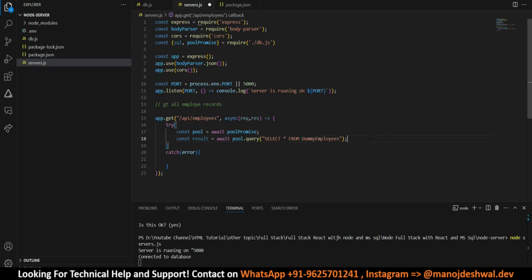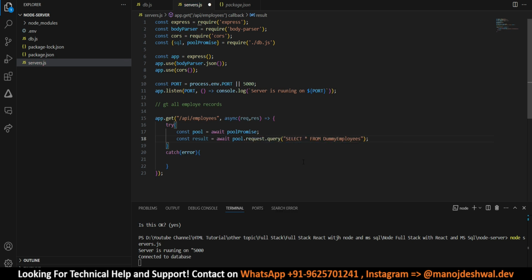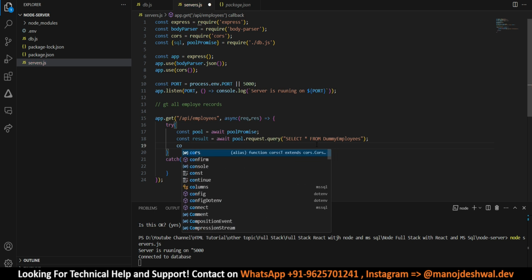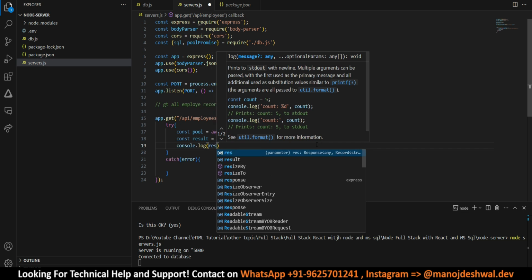So pool dot, it is not pool.query, it is basically pool.request().query, and here you have to write your entire select command with your actual database, oh sorry, table name. So let me also log it. So console.log result,